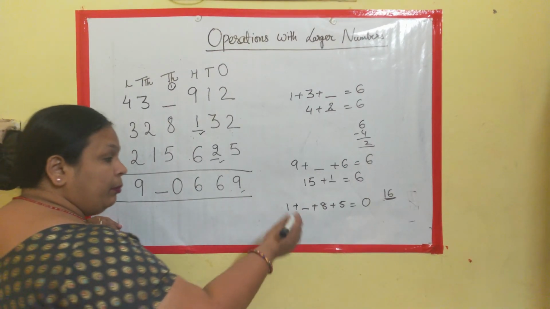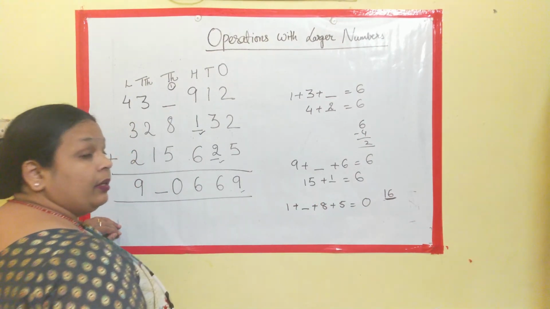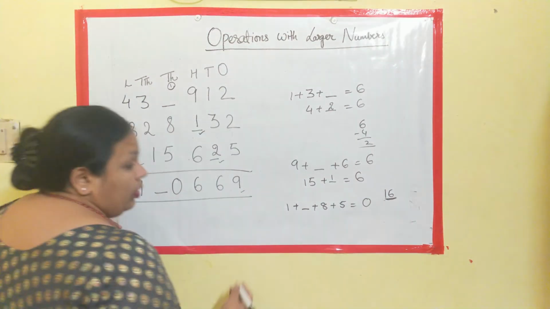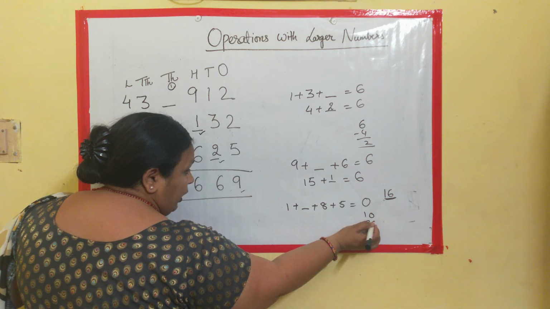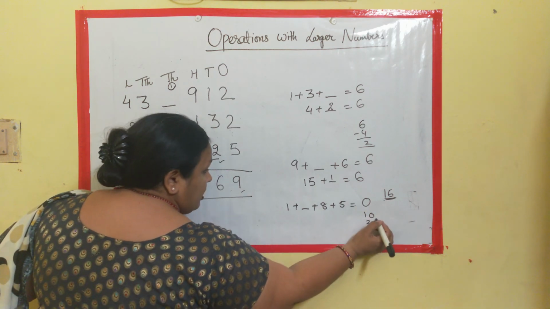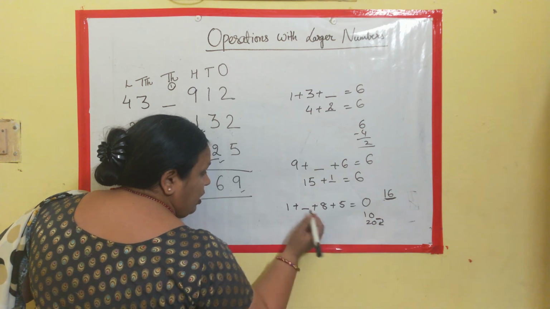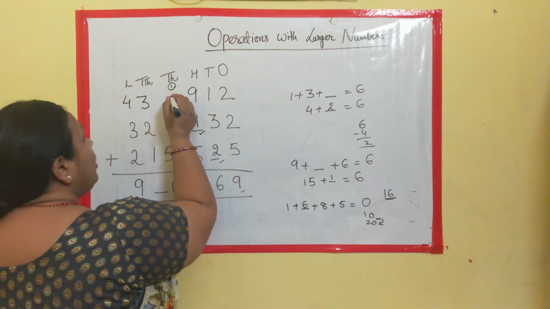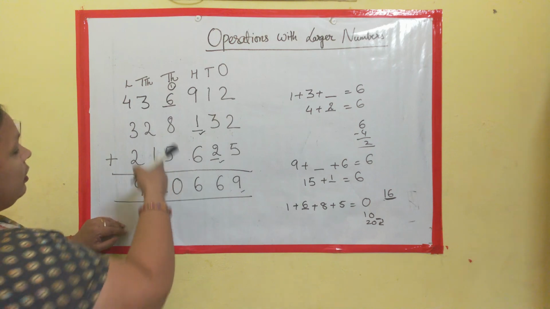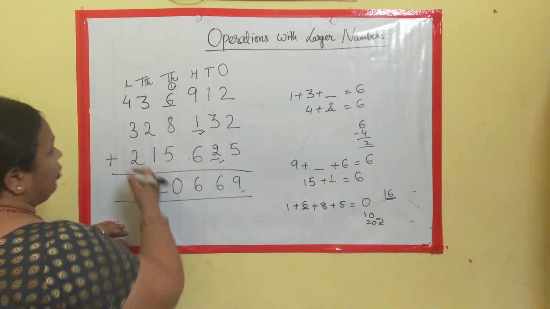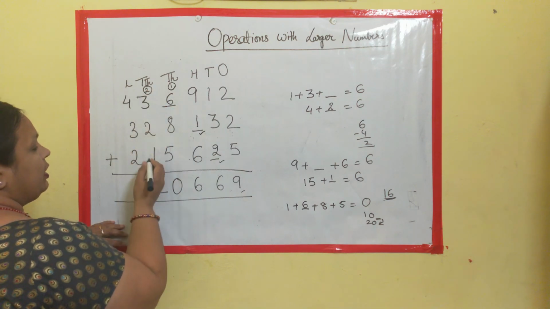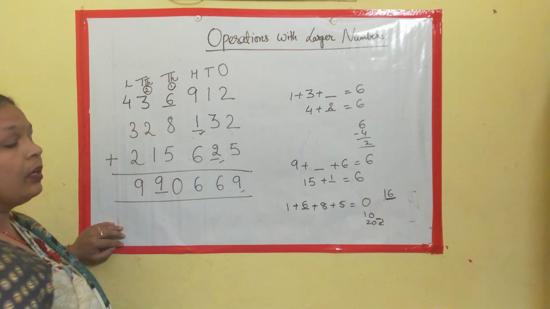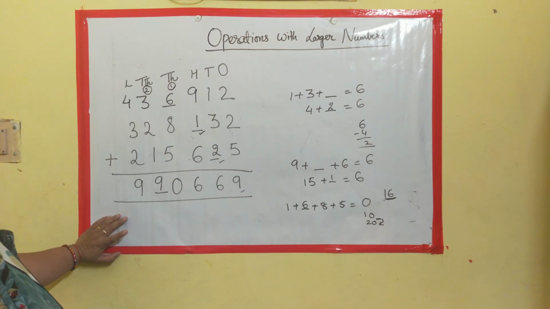So the nearest number which can be here is 20. Clear? Now see, after 0 you will get 10, after 10 you will get 20. So this sum is already existing somewhere between this. So try to reach this one by adding 6. If you are adding 6 here, the answer is going to be 20, 2 is carry and 3 plus 2 is 5, 6, 7, 8 and this will be 9. Clear? So in this way we can find the missing number from the given problem.